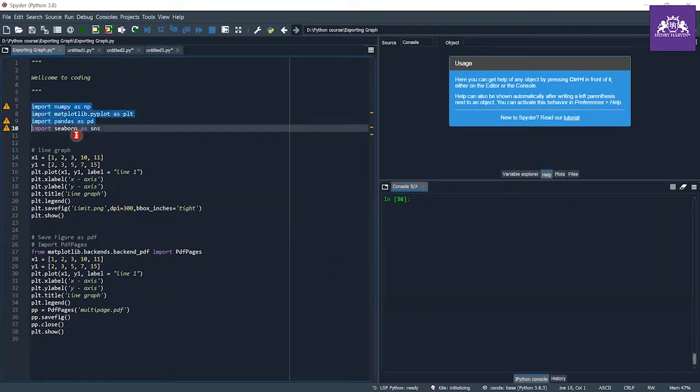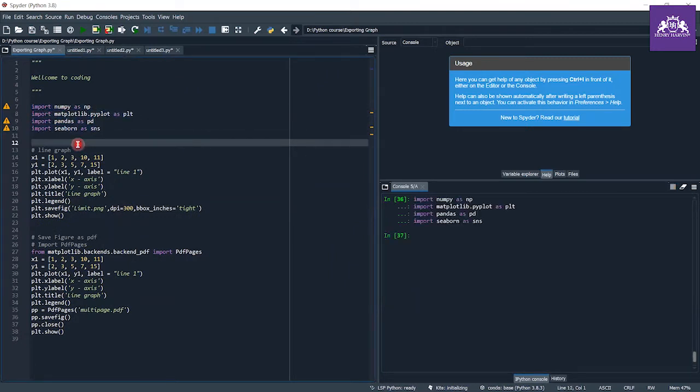Let's import the library which we want, and after importing the library, here I am using a simple line graph, and this is the points of the line x1 y1, and this is the plot. Through this function you can just plot your line on matplotlib. This is the axis, and this is the title, this is the legend, and this is the main command which is useful for us,